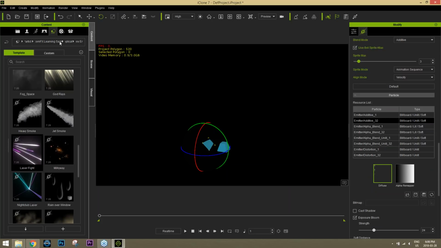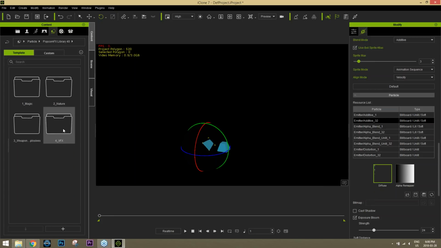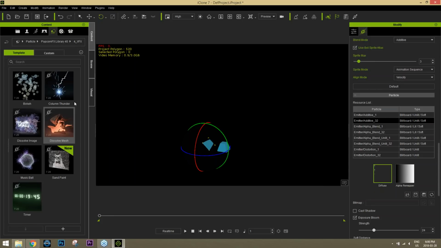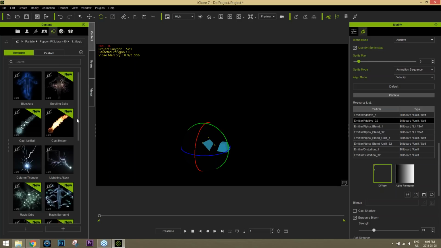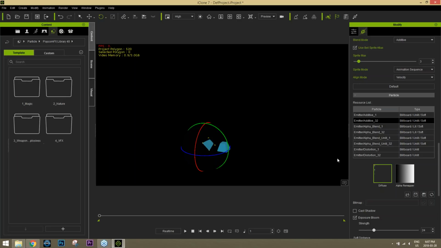Now, I know this isn't the PopcornFX 40 pack, but I've never tried to do that using one of these effects in the Popcorn 40. I did use that before, but I think that might be your best bet for creating a scene like that. You can also just use the super tool, the particle emitter, to create a very similar effect,